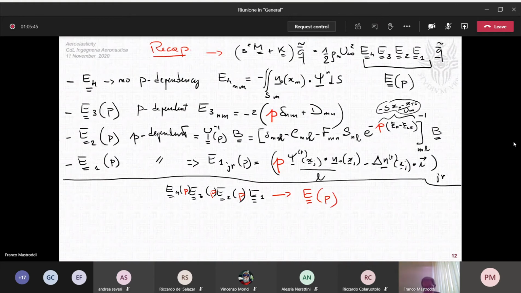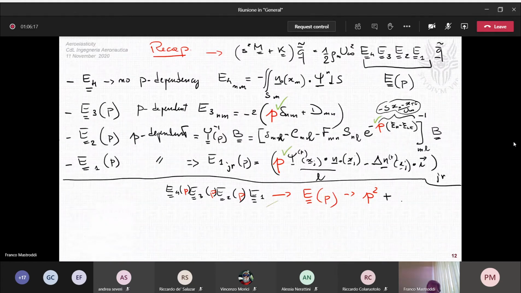Now you have the answer. The dependency is something like up to P to the power 2, because we have a P here, a P here, and a P here, but you have also this exponent here, excuse me,